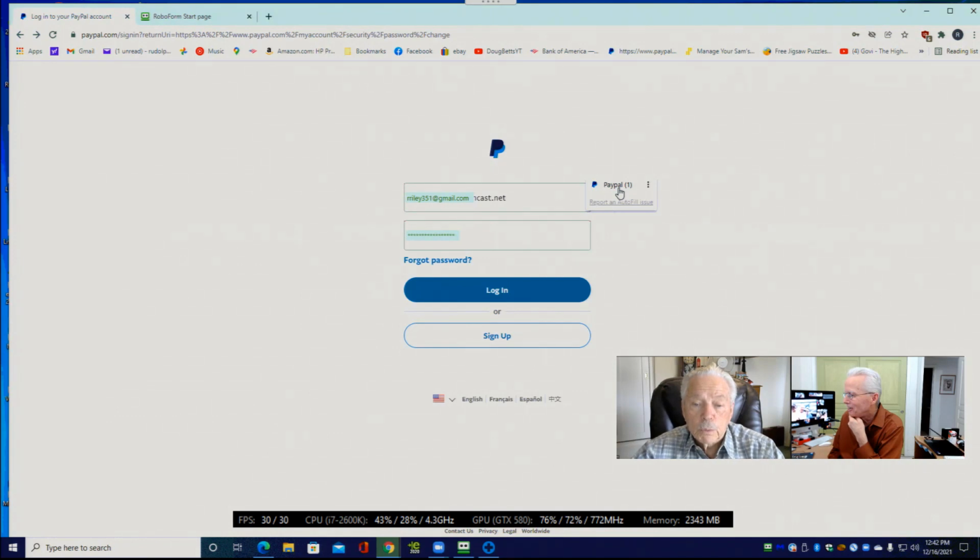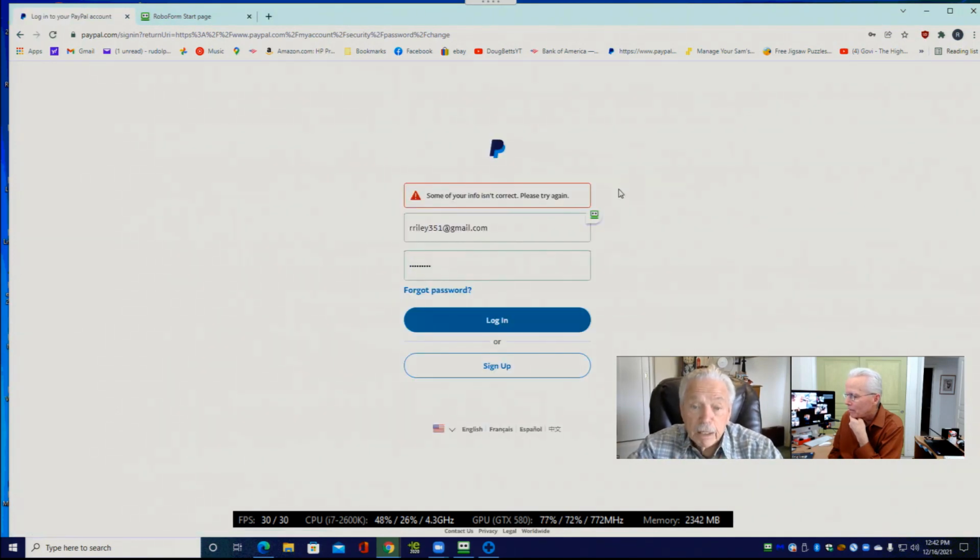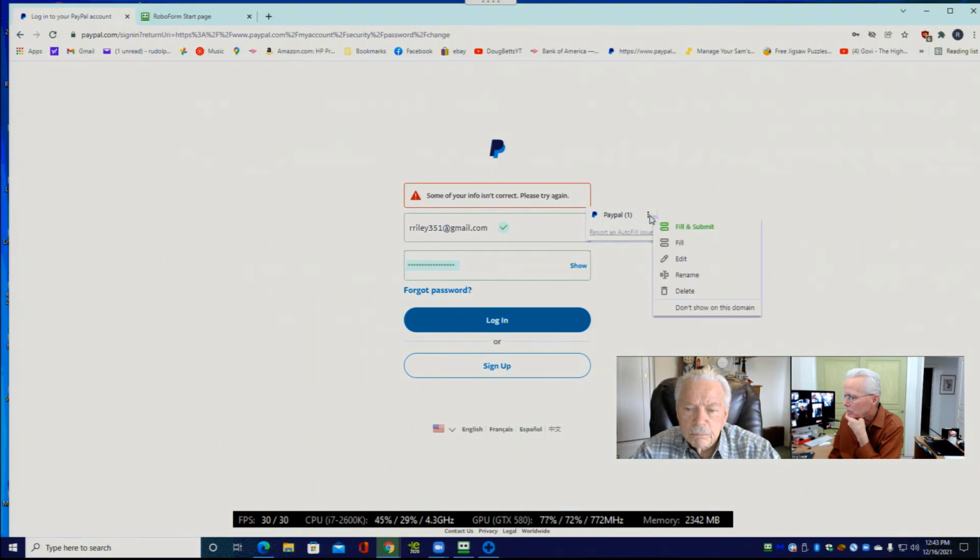And then here we have PayPal 1. No, that's the valid one. That's the valid one, although it just failed to log in. Now see, there's a short password there. I saw that a while ago. Yeah. If I come over this and use the three-dot menu to just fill in the password, there's the long password. Okay.